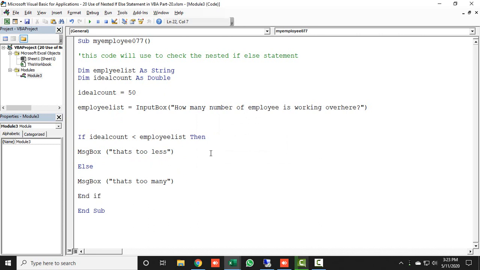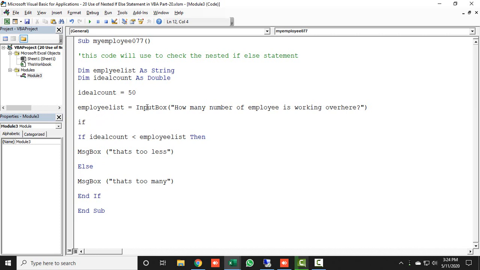And End If. So this is the first condition for the if else statement, but here we are trying to create a nested if else statement. The first statement is if the user puts more than 50 or less than 50, then this condition would be applied. But if the employee count is equal to 50, then what code needs to run?